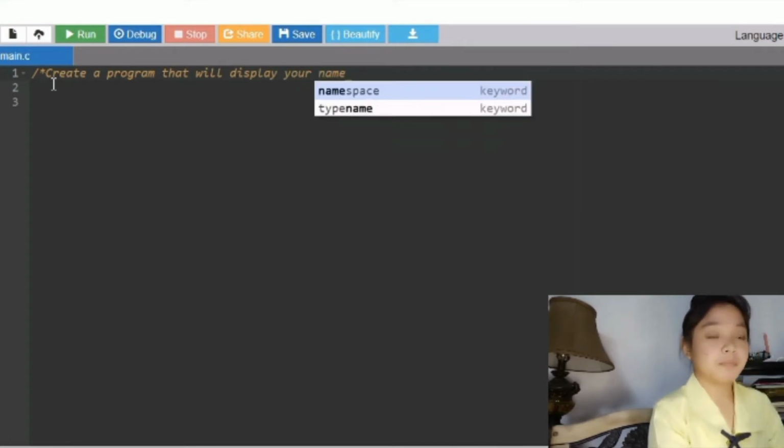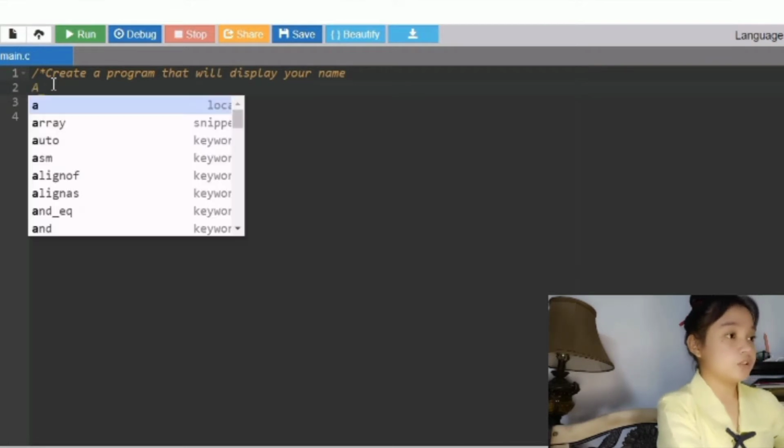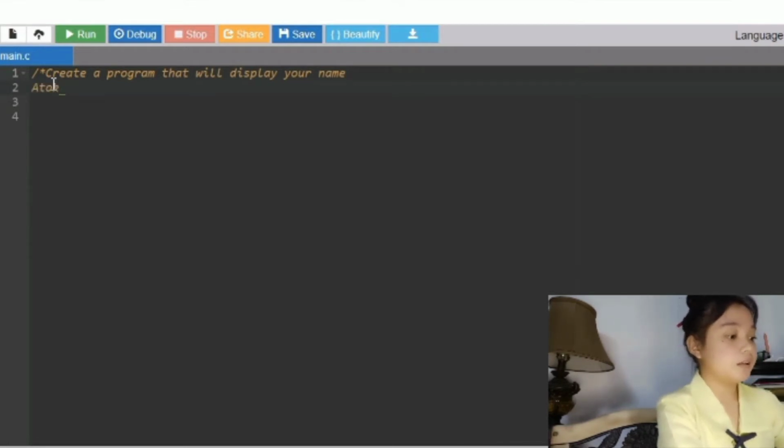Then I will put my name. You can put your name for the documentation section. Atok Lucel